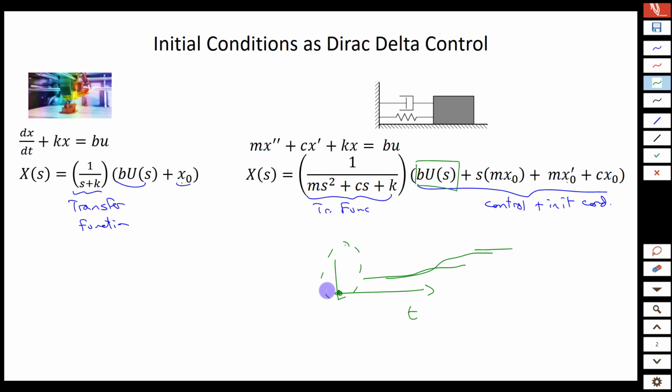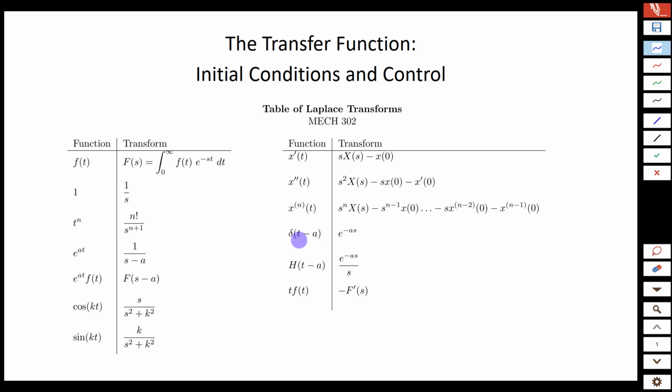So here's another way to look at it where it seems maybe less dodgy and I think is a better story for why we end up focusing only on the control and not so much on the initial conditions. And here's the reason. We can take the initial condition and put it inside the control if we want to. How would that work? Well, if you take a quick look at the table of transforms back here, there's an interesting function called the delta function. Now, the delta function is an engineering construction. It is a function that has unit area, so it has exactly area 1,